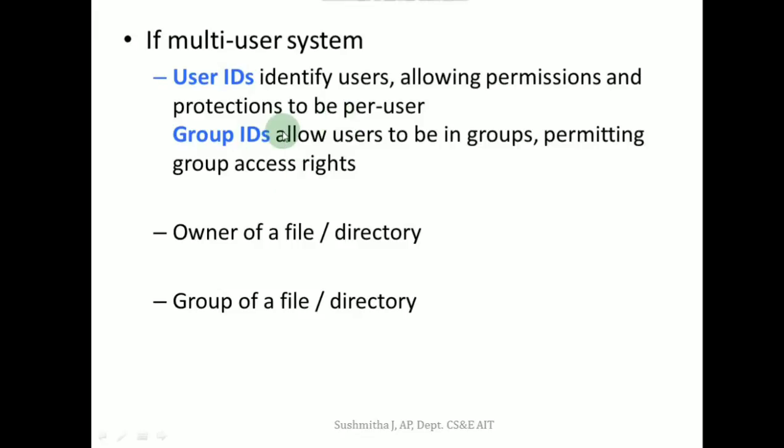Now each user shall be identified by the user ID, and the user shall be setting the permissions, and the group ID is where you set a permission for a particular set of users. Now if I say group ID 1, you allow read, write, execute, whereas group ID 2 is read only. So write and execute shall be disabled. This is how you will be sharing a file and giving access only to a particular group.